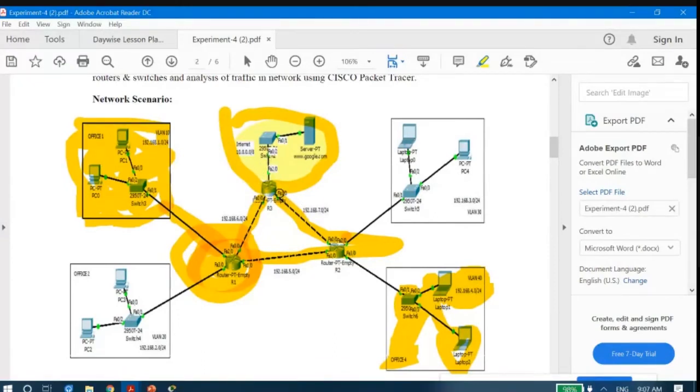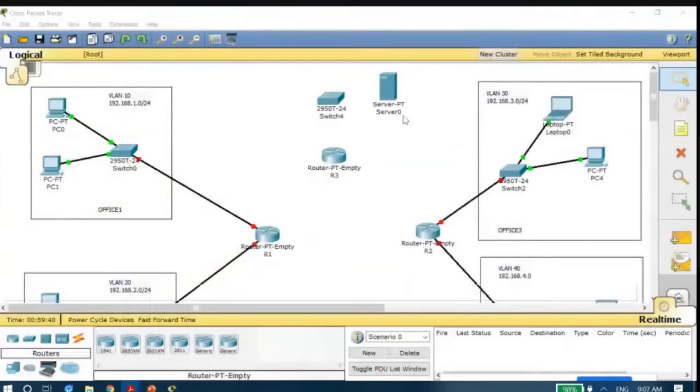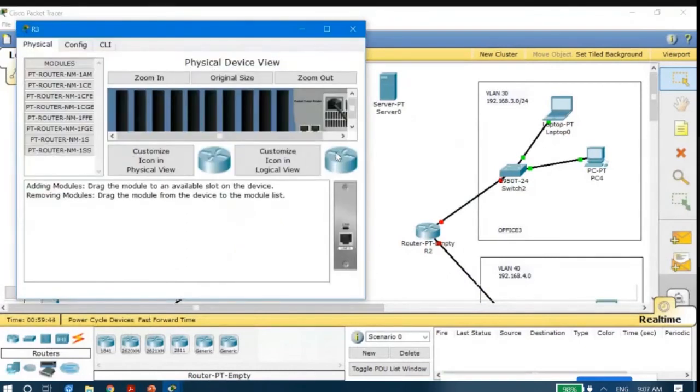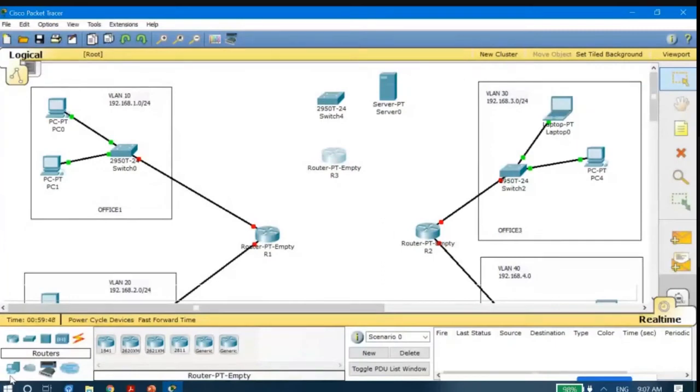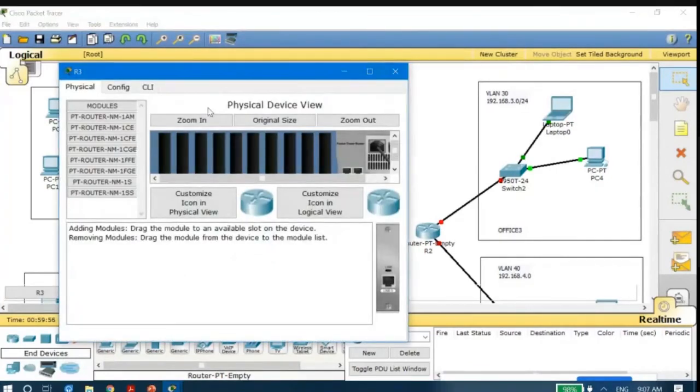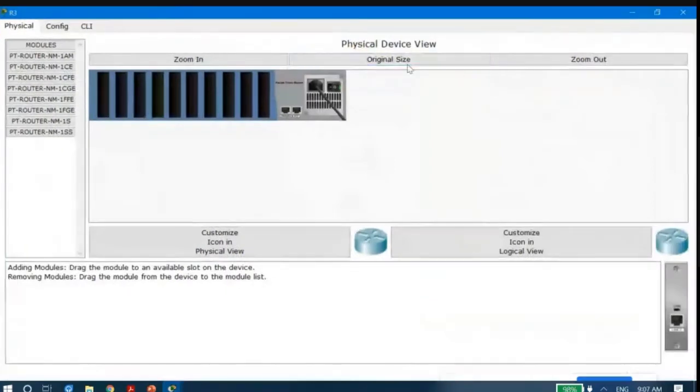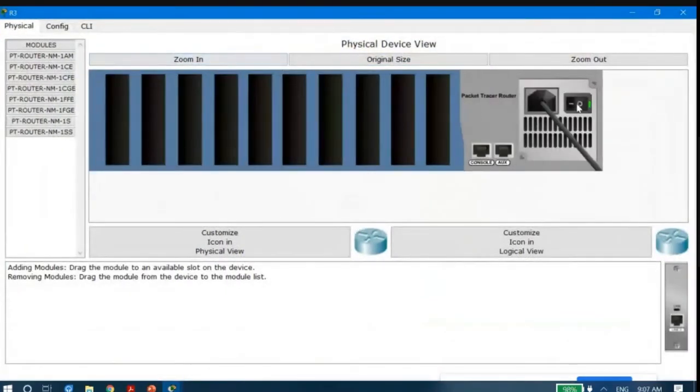So we will need installing it. We go to that router. To find the server, on the end devices, it is the third one next to the laptop. So I will click on the router PT, then switch off this router, and I will add the LAN.